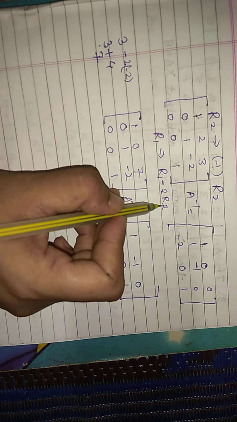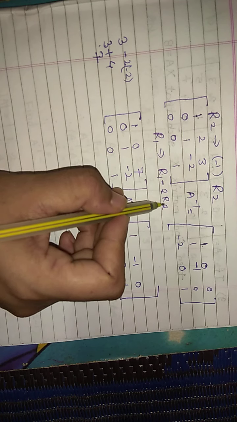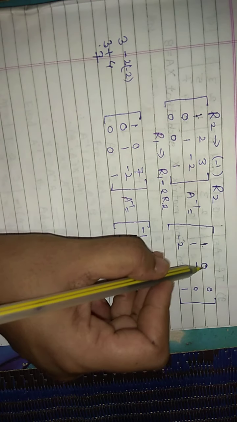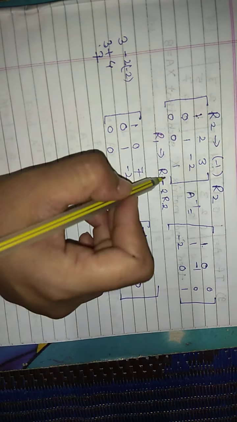Now the next number, R1 element 1 and 1. So write 1 over here. 1 minus 2 into 1, 2. 1 minus 2 is equal to minus 1. Next 0. Put here minus 2 into minus 1. So minus 1 into minus 2, 2. 0 plus 2, 2. And both are 0, 0. So 0, 0 remains 0 only. Next number 1, 0, 0. 1 completed, already 1 over here. So we write for the next step.